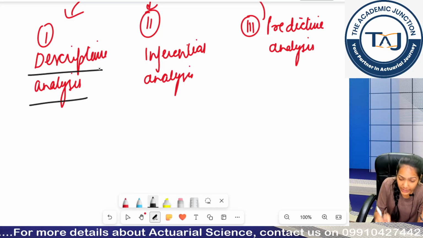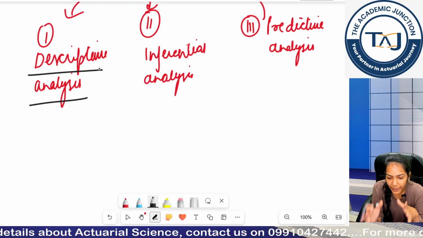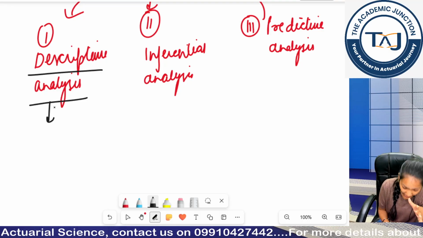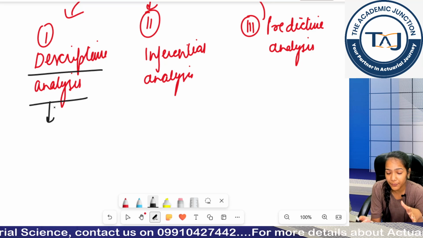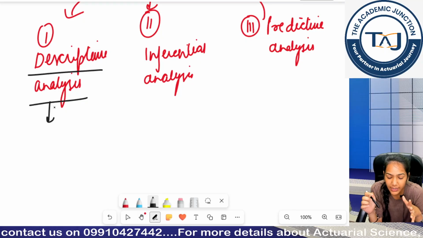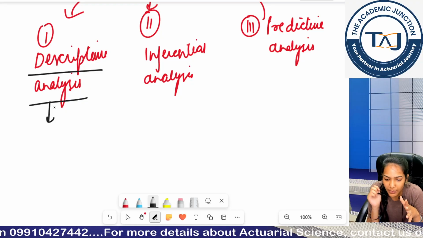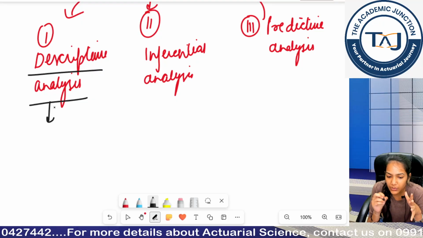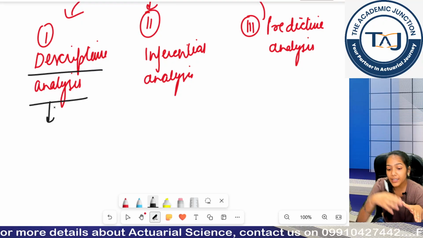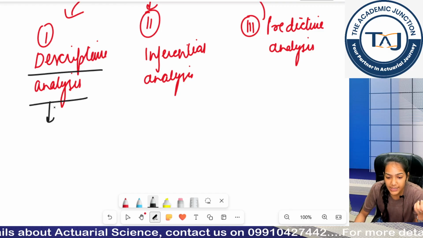So, if I go to descriptive analysis, here I would be making no conclusions regarding the data, but all the data I collected, I will be presenting it in a better format. For example, if I get thousands of index values, thousands of share prices on a particular day or month, I would not be able to think anything clearly if I am just looking at the values, right. But if I convert these values into a proper graph, then it would be easier to make analysis, right.